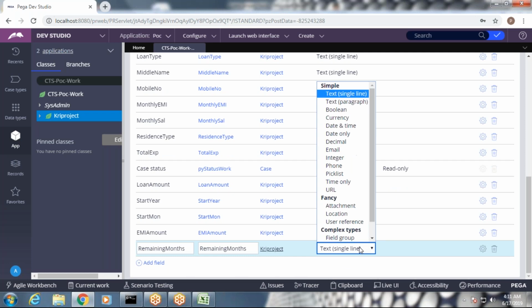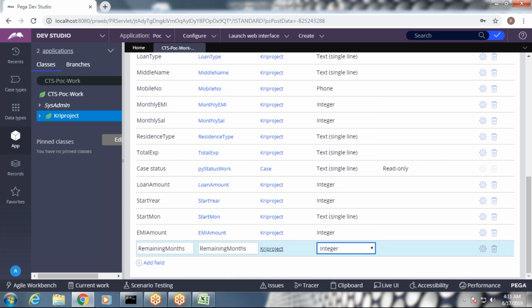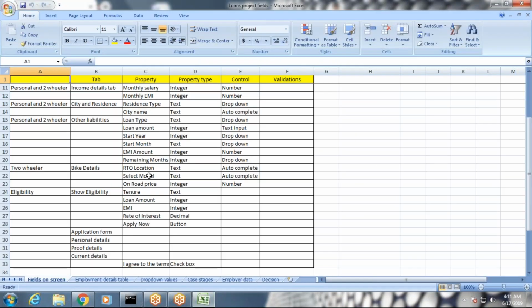Remaining months also integer. Fine, till 20 is done. RTO location, select model, on-road price is the bike details.